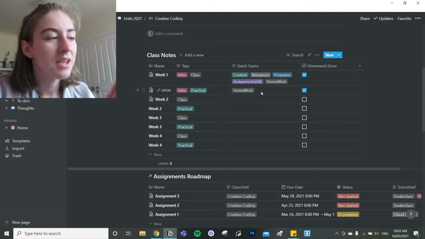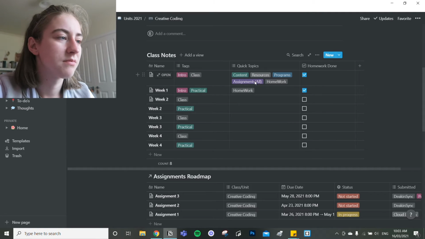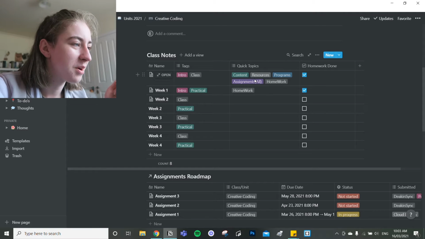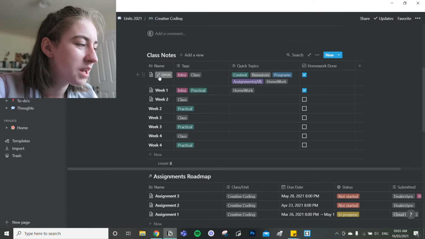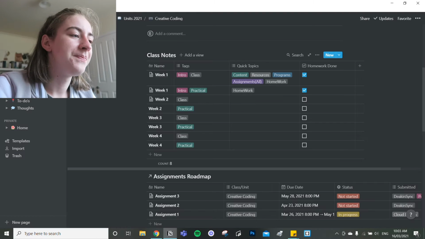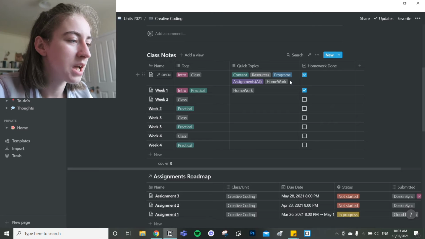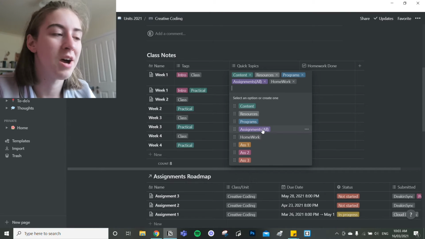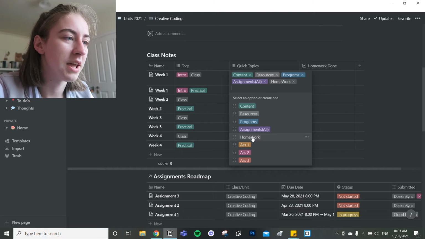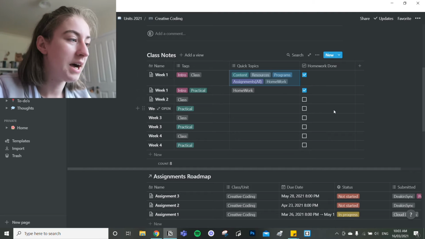And then I just come in here and search all the quick topics, go, yep, this is what I want, open up the week notes and find them in that. So the tags that I also include in this are which assignment notes I have, and also homework, and then I have a little tick here saying if my homework is done for that week.